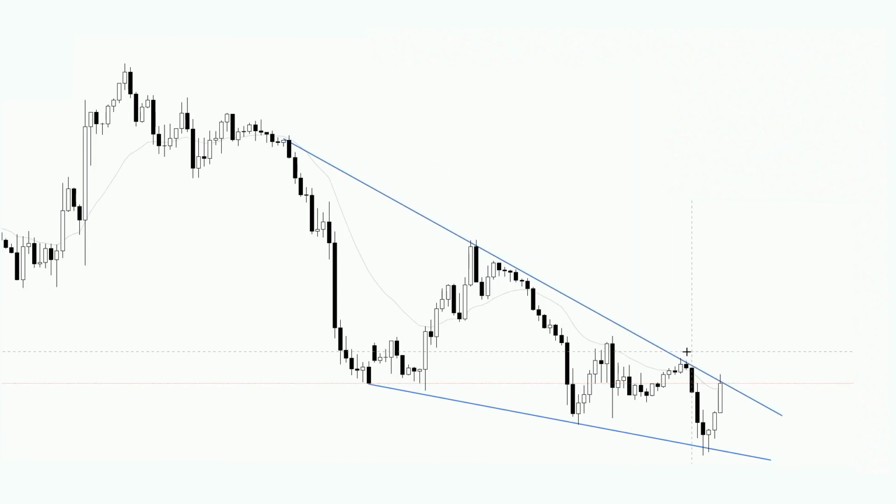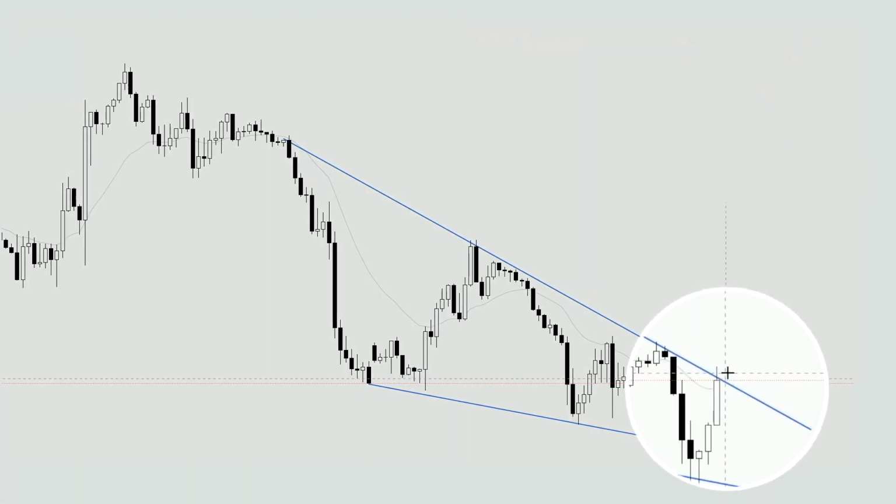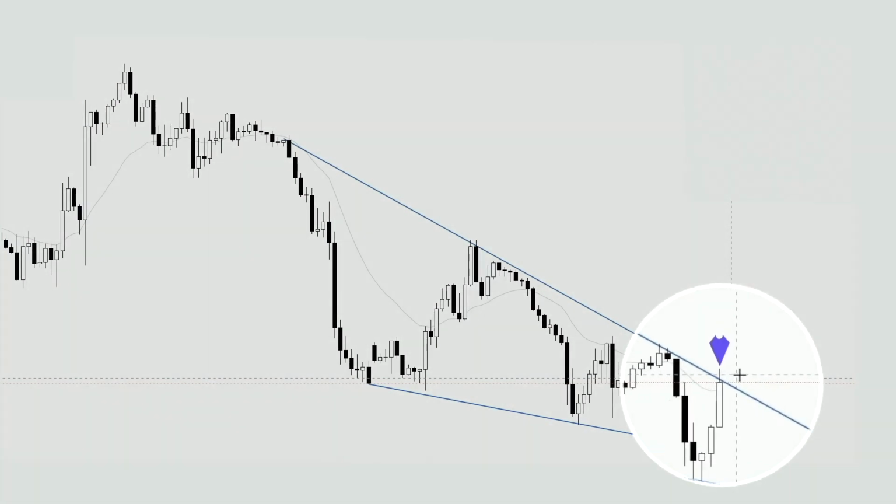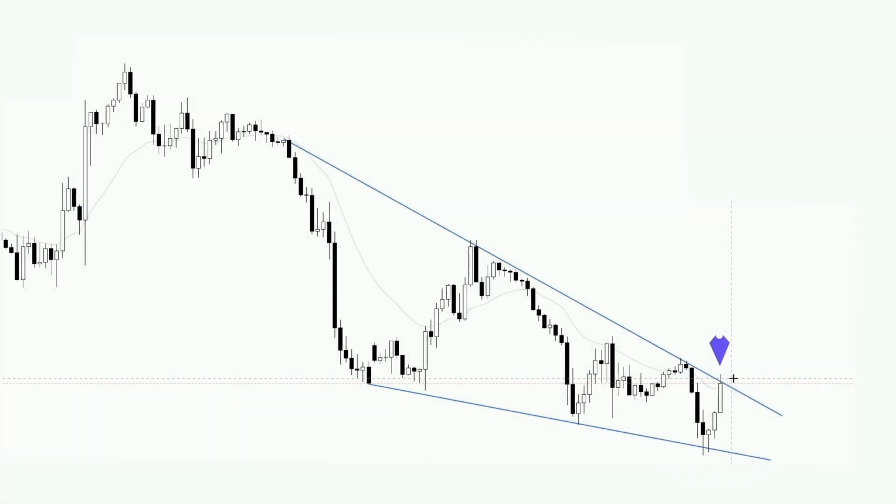Second, false breakouts can easily occur. For example, here this line is already fixed. If you directly enter upon breaking this line, and if it's a false breakout, it will immediately trap you. Let's continue with this example. We see that it broke out here. If you entered, where would you set your stop loss? We see that this is a rather rapid rise with no price consolidation area in front and far from the